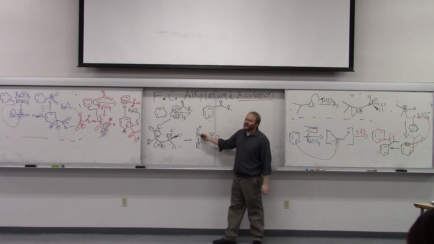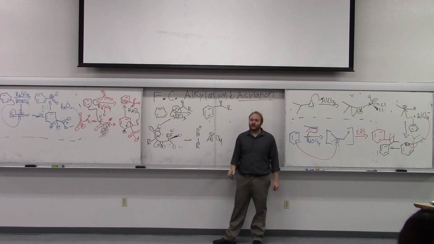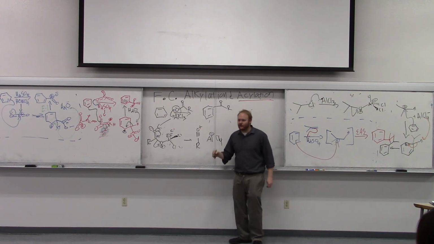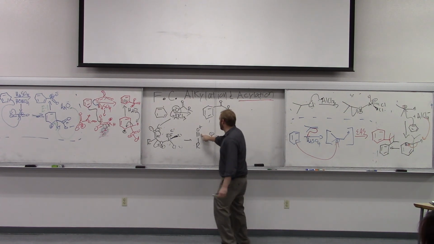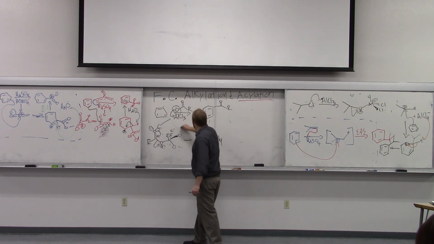This is an activated electrophile, right? This just does not look stable. This looks like a super, super electrophilic carbonyl, and it is. This is like the most reactive carbon-oxygen bond you can get for electrophilicity. So then what happens once you form this, your